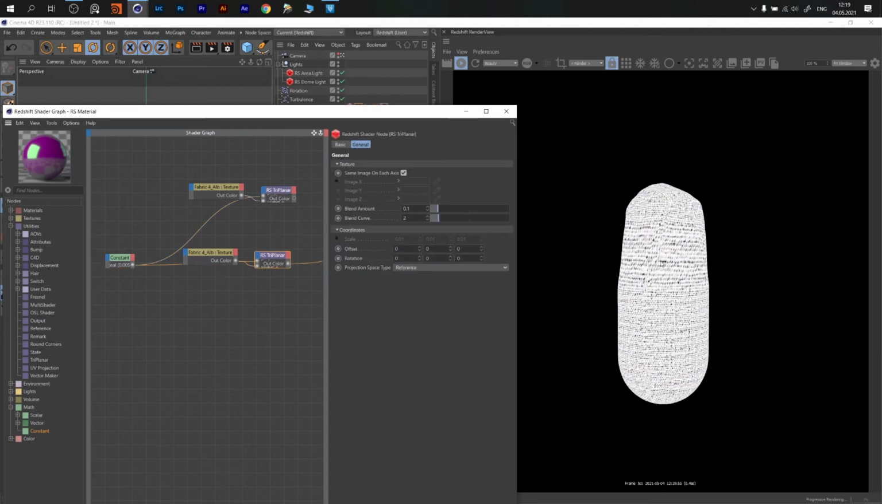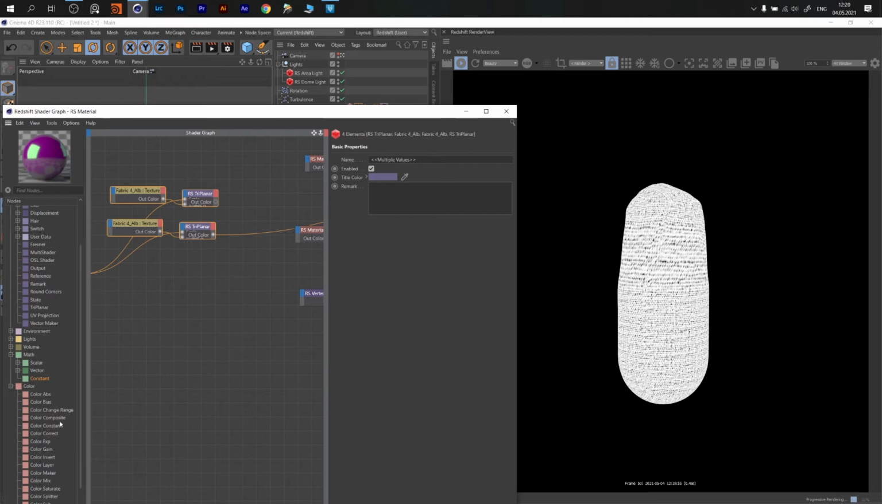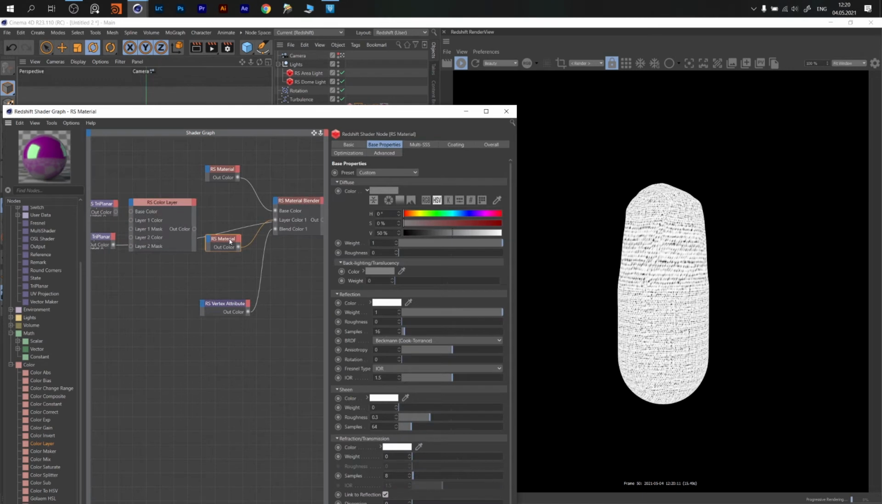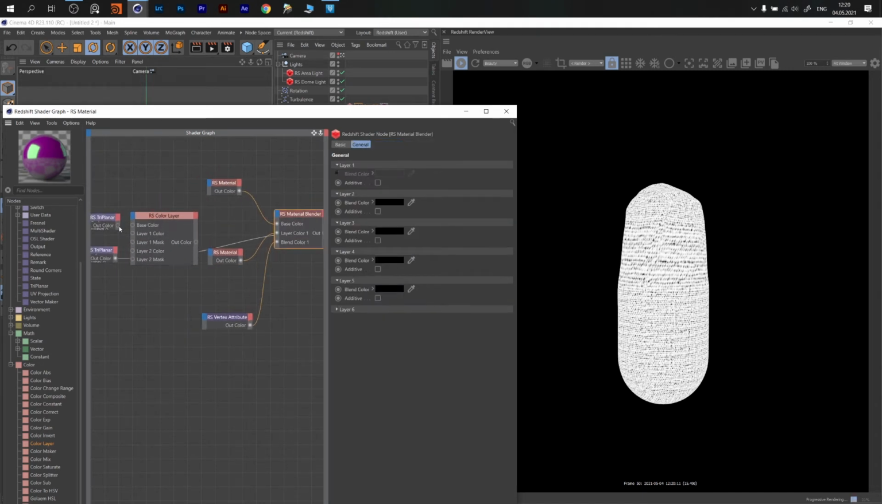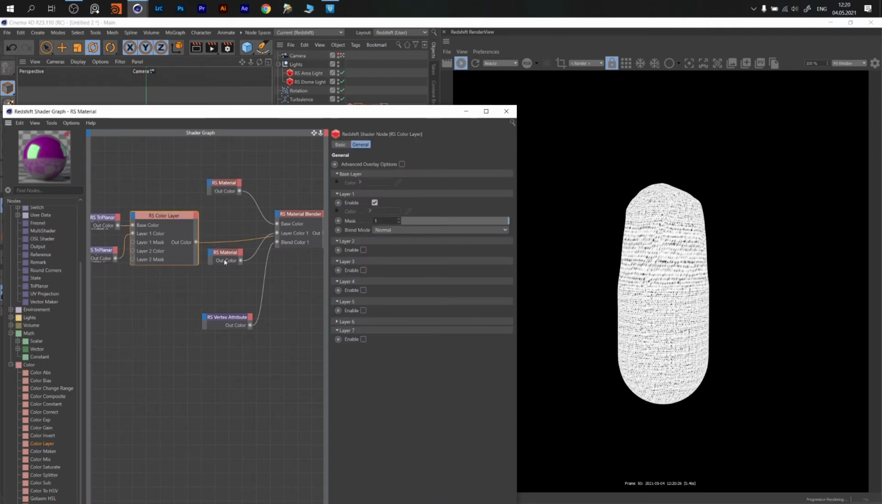You could see this is the same, and this is our diffuse, and we want to combine these two into one layer. Go to color and go to color not composite. I think I would like to go with color layer. This is pretty much the same node as we have here. So we connect this one to the base color, this one to the layer color 1, and to see something we need to connect this to output, and we override it with blend mode normal,